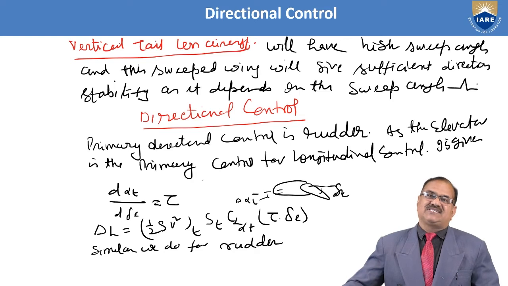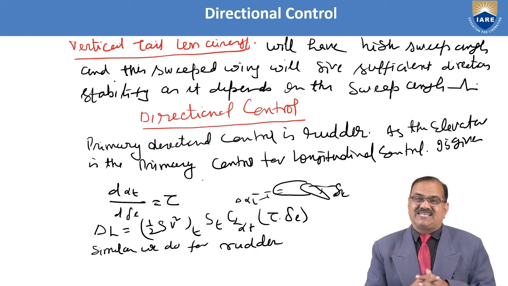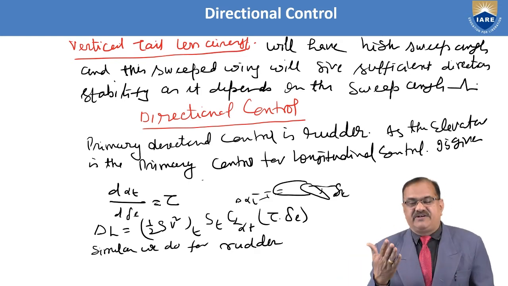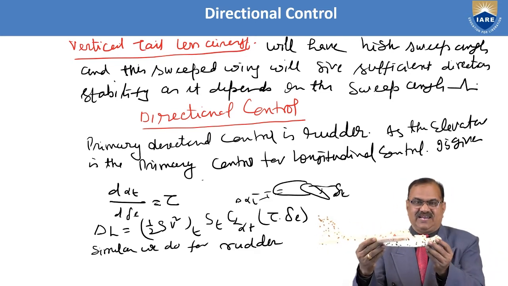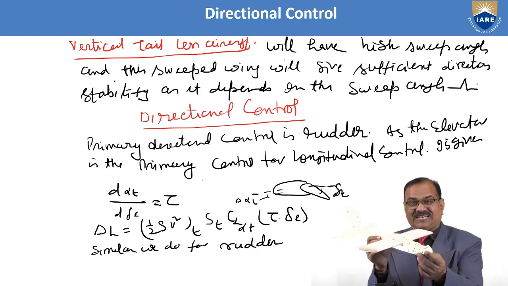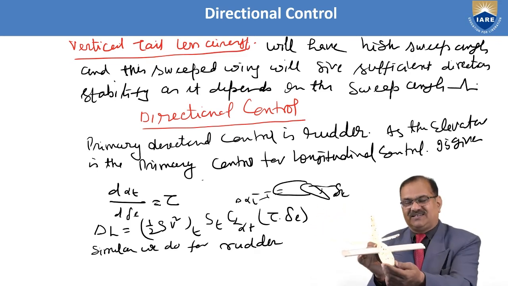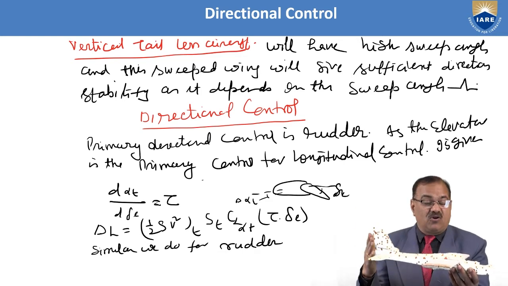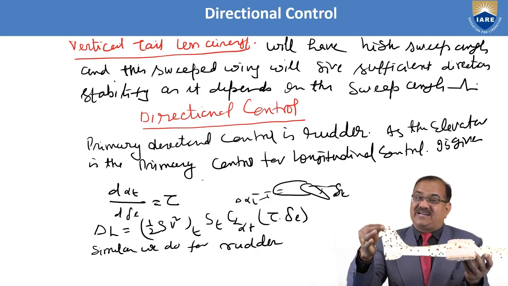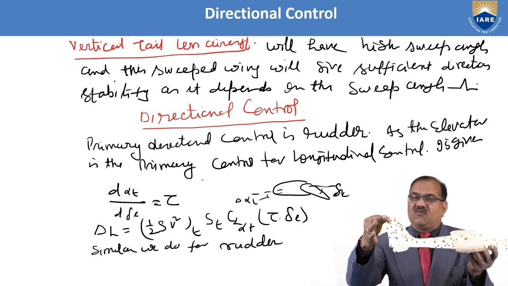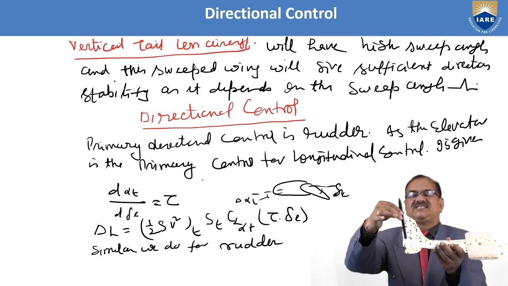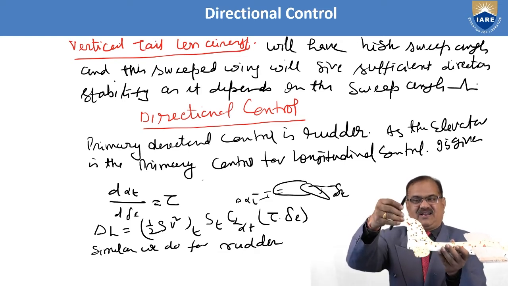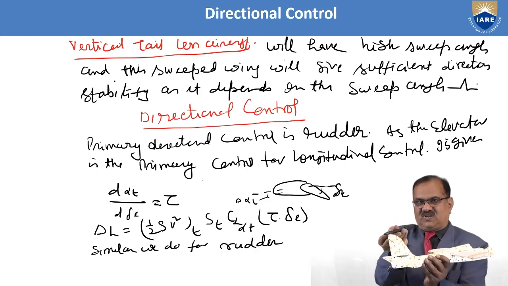Now we have just discussed directional static stability, but how do we control? Control means once it is turned, it should not go beyond that. Just like I told, if we make the directional static stability, it will turn towards the direction of the air, but it may go beyond that. So for that we need some control, and this control is done by the rudder, which is fixed on the vertical tail at the trailing edge. Here you can see this is the rudder, and this rudder can move like this.